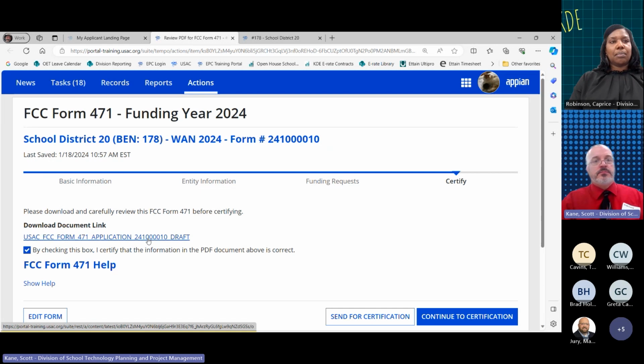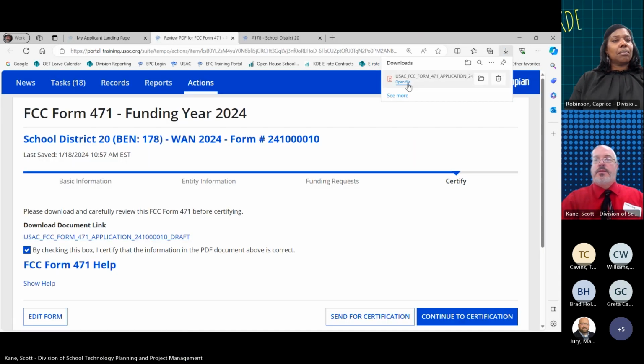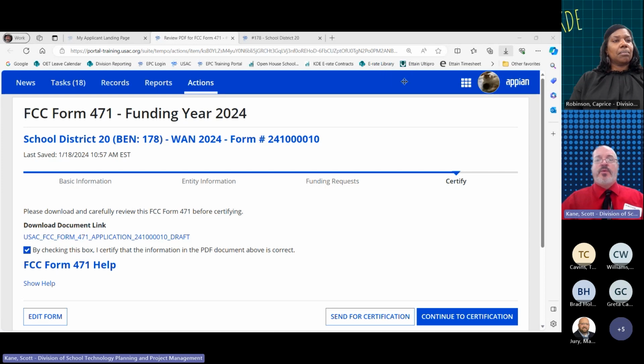All right. Do yourself a favor. Go ahead and open up that link for the Form 471 that you're filling out. You can see now it prints you a PDF. I would save a copy of your draft. I know it sounds silly because you're just about to make the final version, but review the draft anyway. Make sure that the data in here matches the data that you think you entered. If it doesn't, you can come back to this edit form button. The edit form button will jump you right back into the application showing your funding requests, and that's where you can jump into some of those details and edit them.